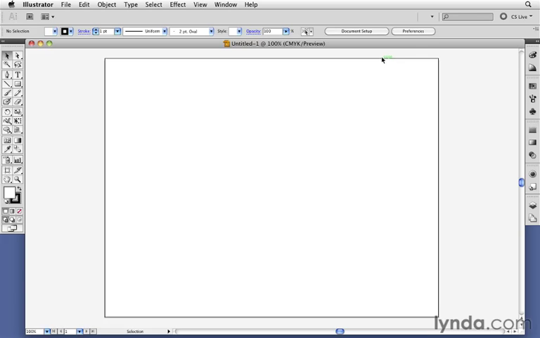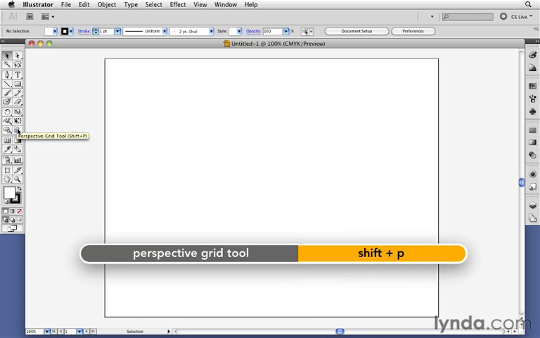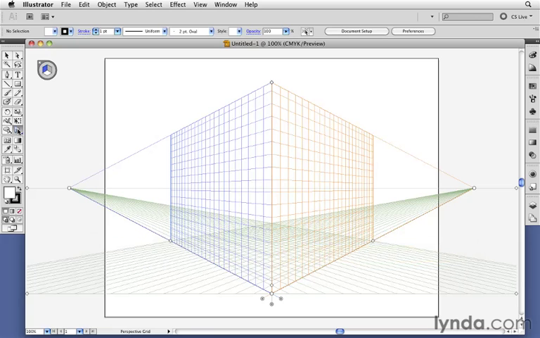Now, every document that you have inside of Illustrator has the capability of containing one single perspective grid. You can't have multiple grids, just one at a time. And the way that you actually create this grid, or should I say actually turn on the grid, is to come over here to your tool panel and click on the perspective grid tool. The keyboard shortcut for that is Shift-P. But I'm going to go ahead and click on this, and instantly you'll see now a perspective grid appears on